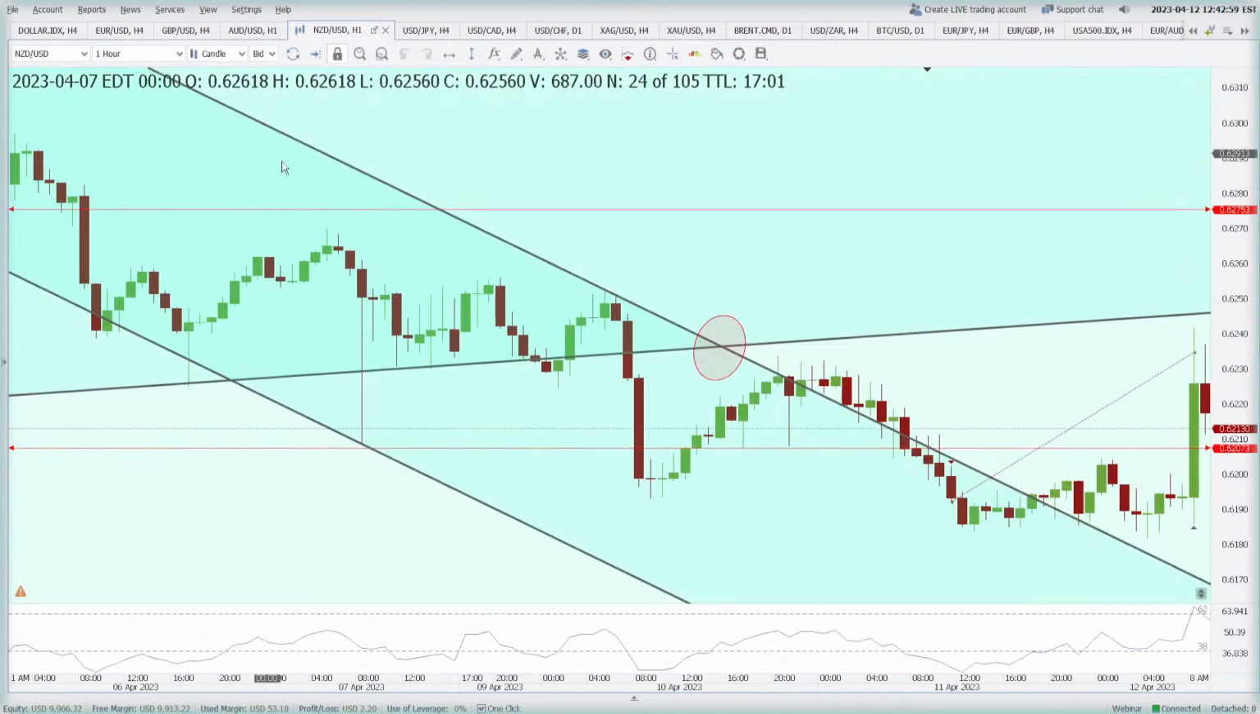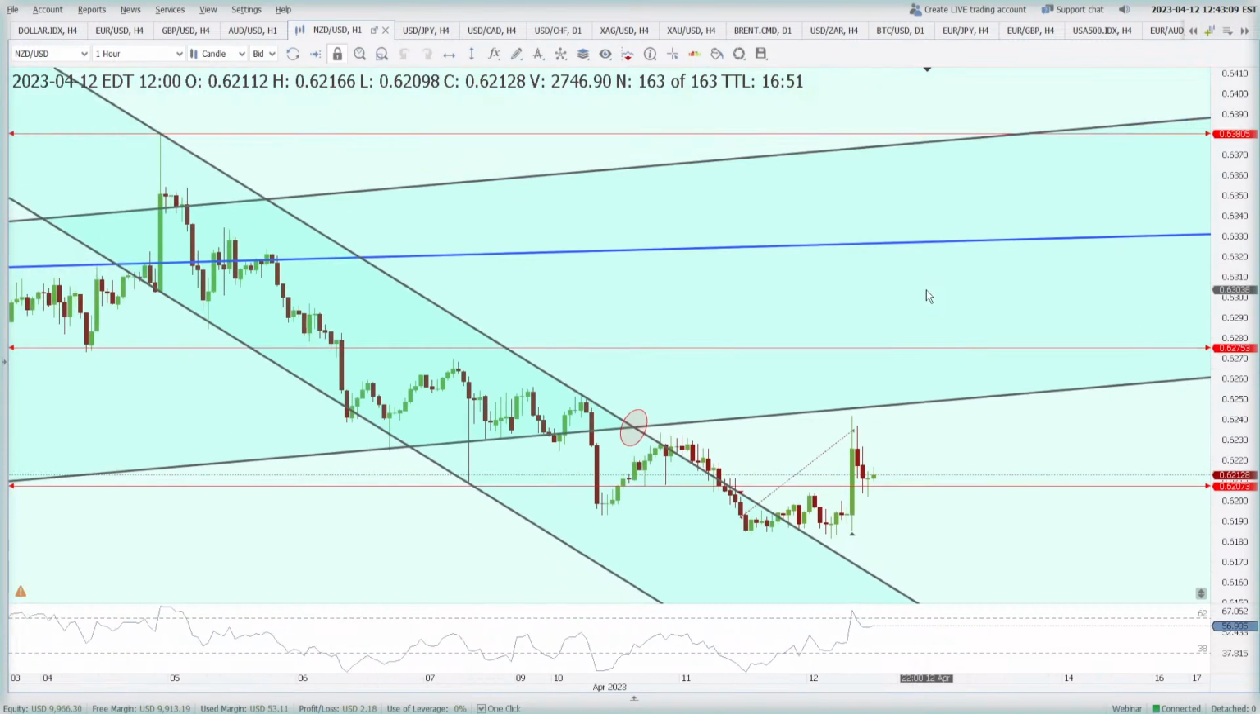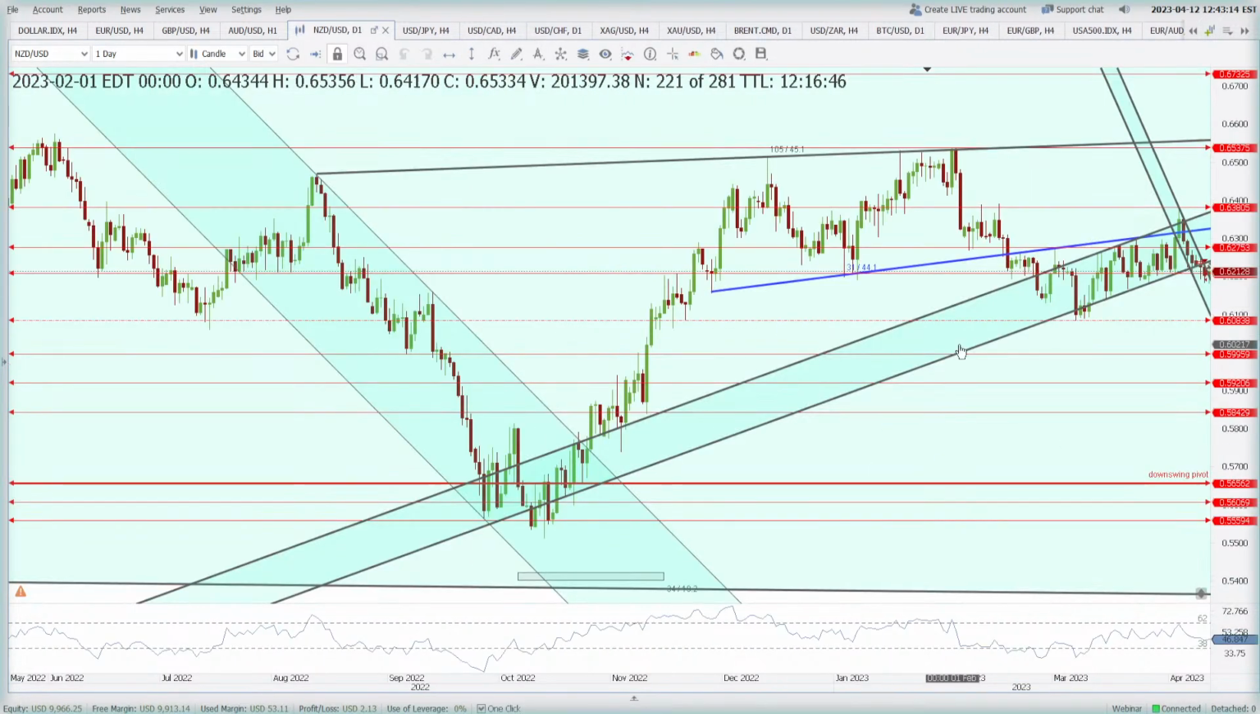On the 1 hour you will know. The price breaks higher than these highs, then comes back, now acting as a support, trying to go higher. So this is what we are expecting. We are expecting an up move now in the New Zealand dollar, but on the daily time frame,